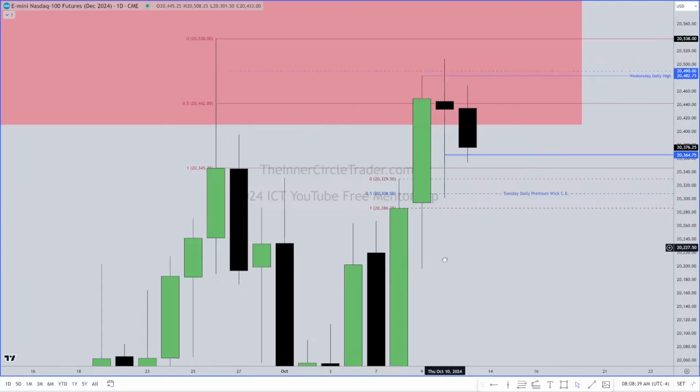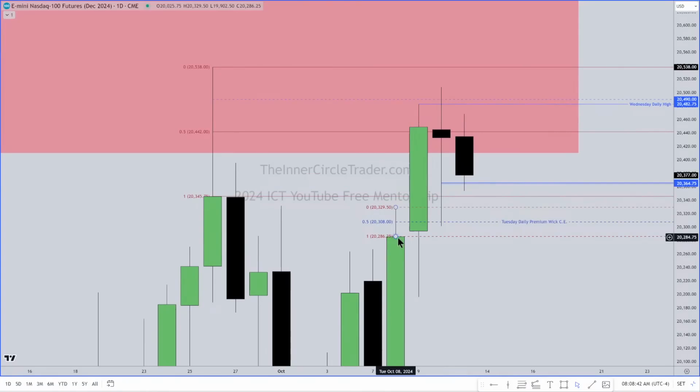So this wick right here, from high to the close of that candlestick, I want to know what the halfway point is. So that's consequent encroachment. So because price opened up here on Thursday and traded down, okay, well, as soon as it opened up here, this makes this a discount array. That means it's going to reprice down to it, but not only is it just going to trade to it, but my expectation is the algorithm will use this to facilitate some measure of support, accumulation, and then start to